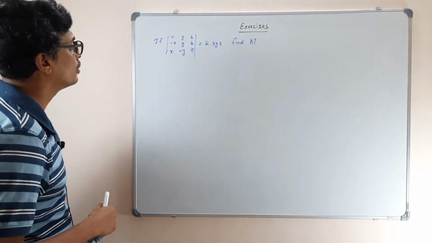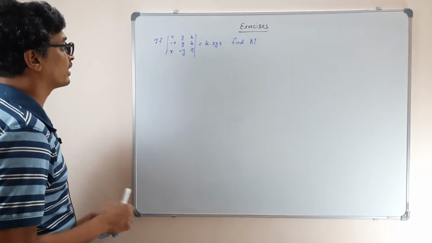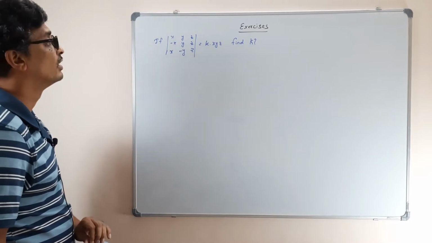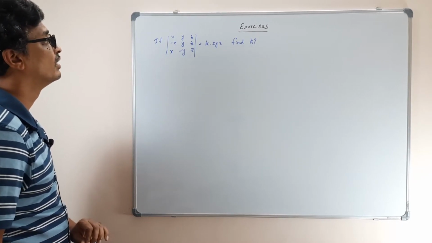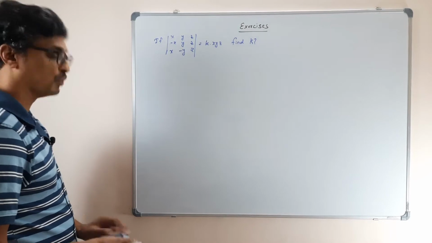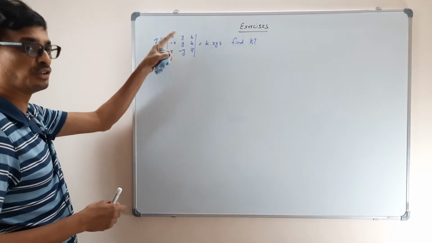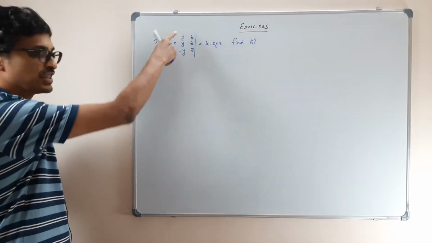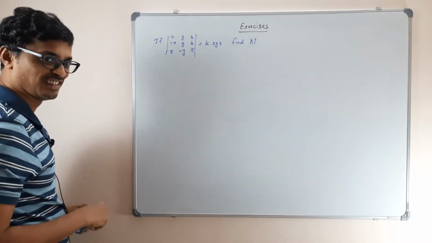Then everything. No. How can you take? Only a common factor can be taken outside, no? No, it's a determinant. So from each row, from the first row, we can take x outside. Only if you have 2x, 2y, 2z, then 2 you can take outside. x is different, y is different, z is different. You can't take it. Okay?